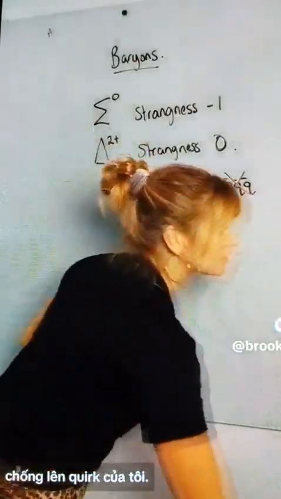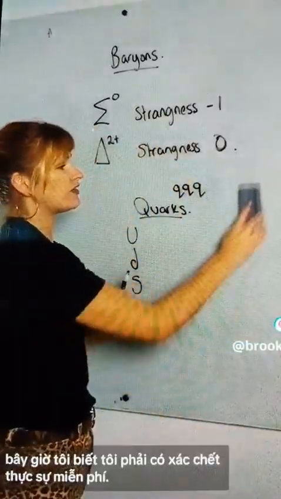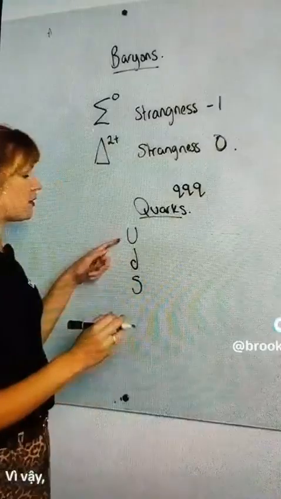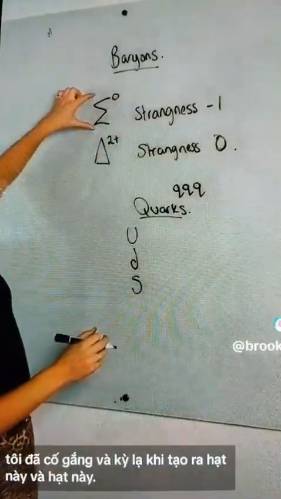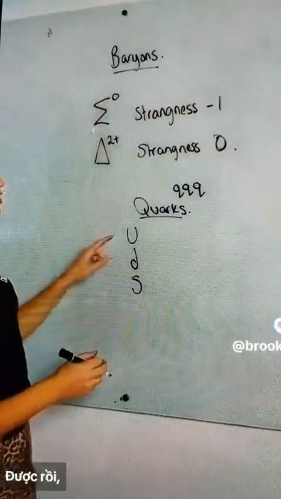My anti-up quark. So now I know I have to have 3 real quarks, so my up, down, and strange, to make up this particle and this particle, okay? So my up quark